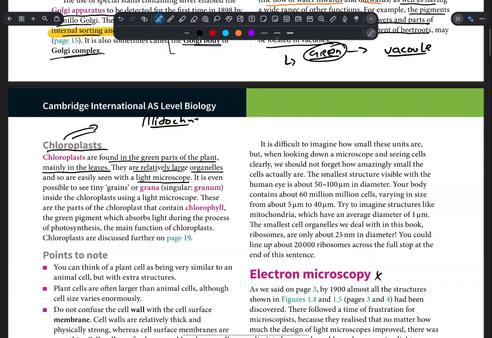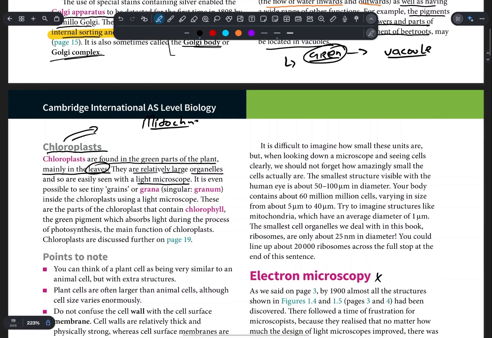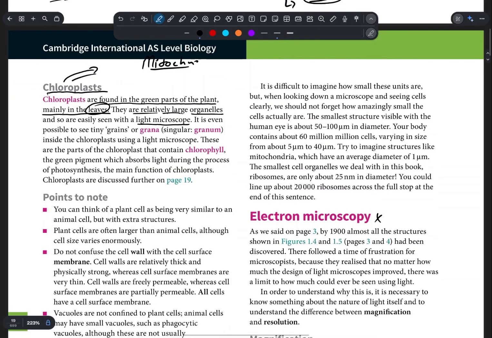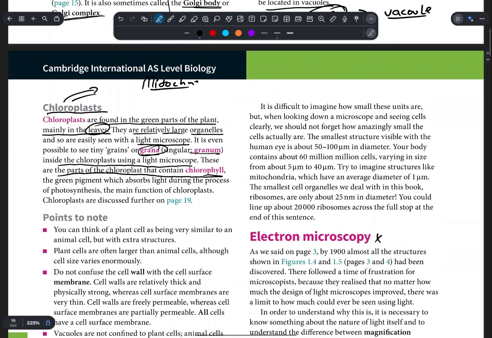Okay, so they are found in green parts of the plants and mainly in the leaves. They are relatively large organelles and they can easily be seen by light microscope. It is even possible to see tiny grana, or we call crana, which is a plural word, singular granum, inside the chloroplast using a light microscope. These are the part of chloroplast that contain chlorophyll. Okay, we can find the grana inside a chloroplast, and they are situated in a pillar-like shape, like this, like this. Okay,